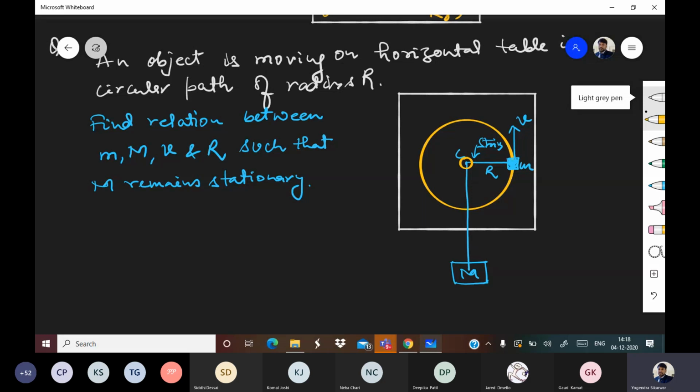That small mg is acting downward. I have to draw it like this because we need to show N also. So this is in the vertical direction. In the horizontal, only Fc will be acting. Fc is the centripetal force. So for small m,